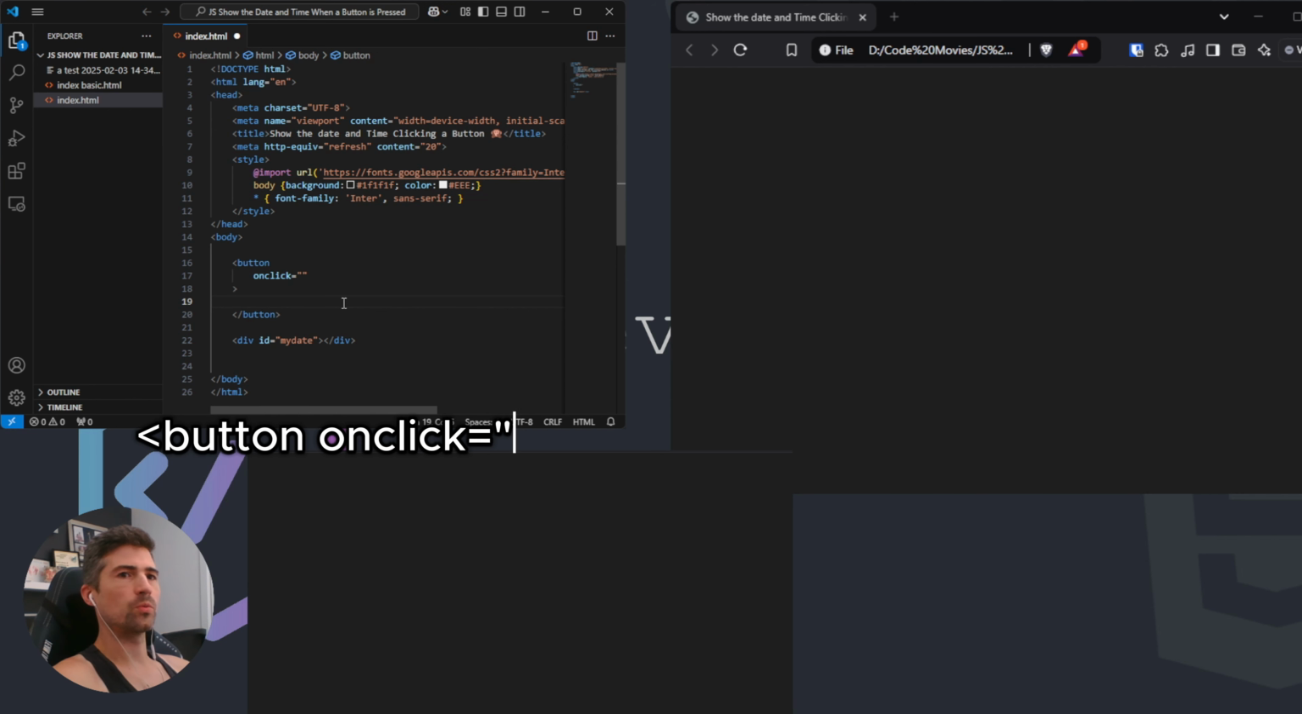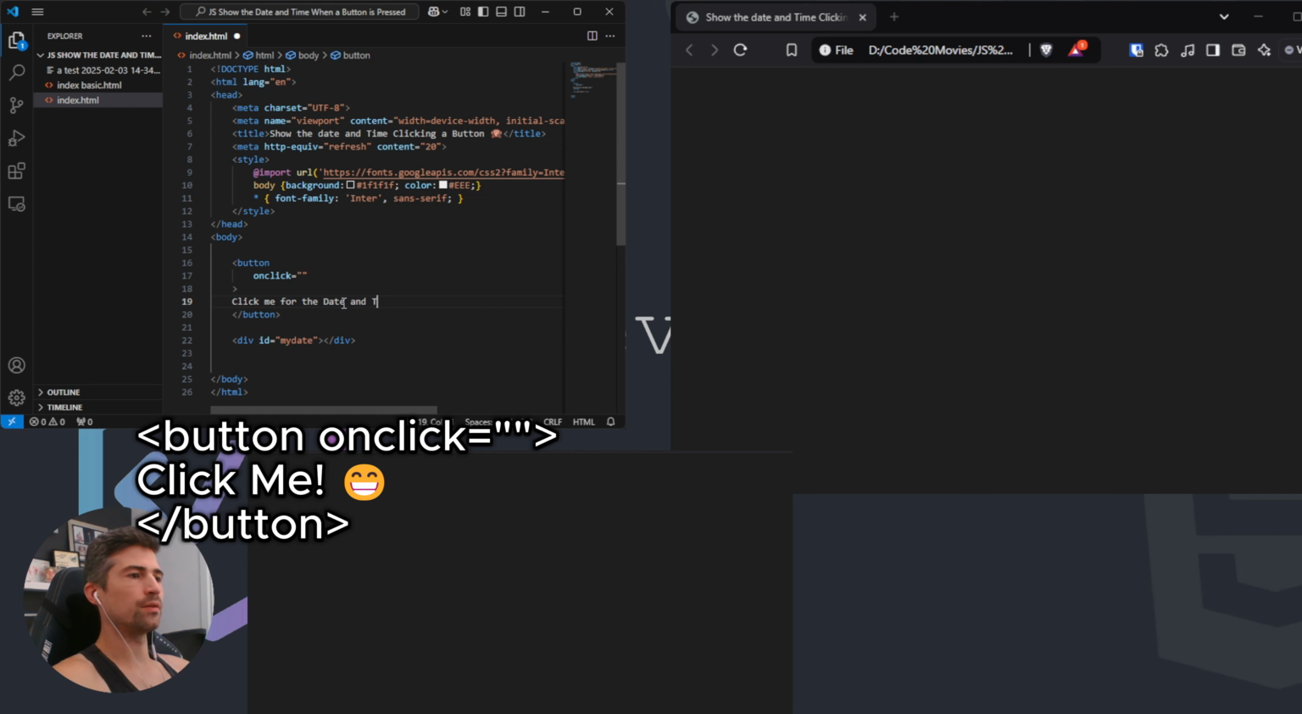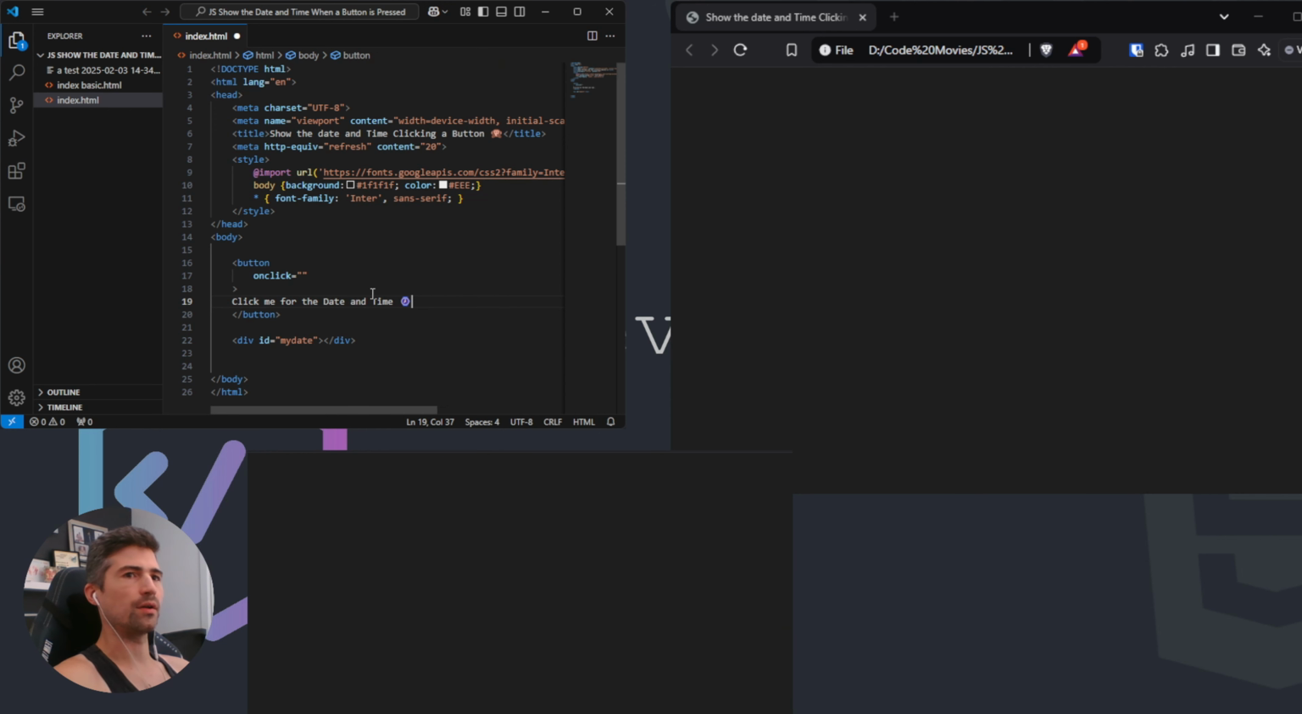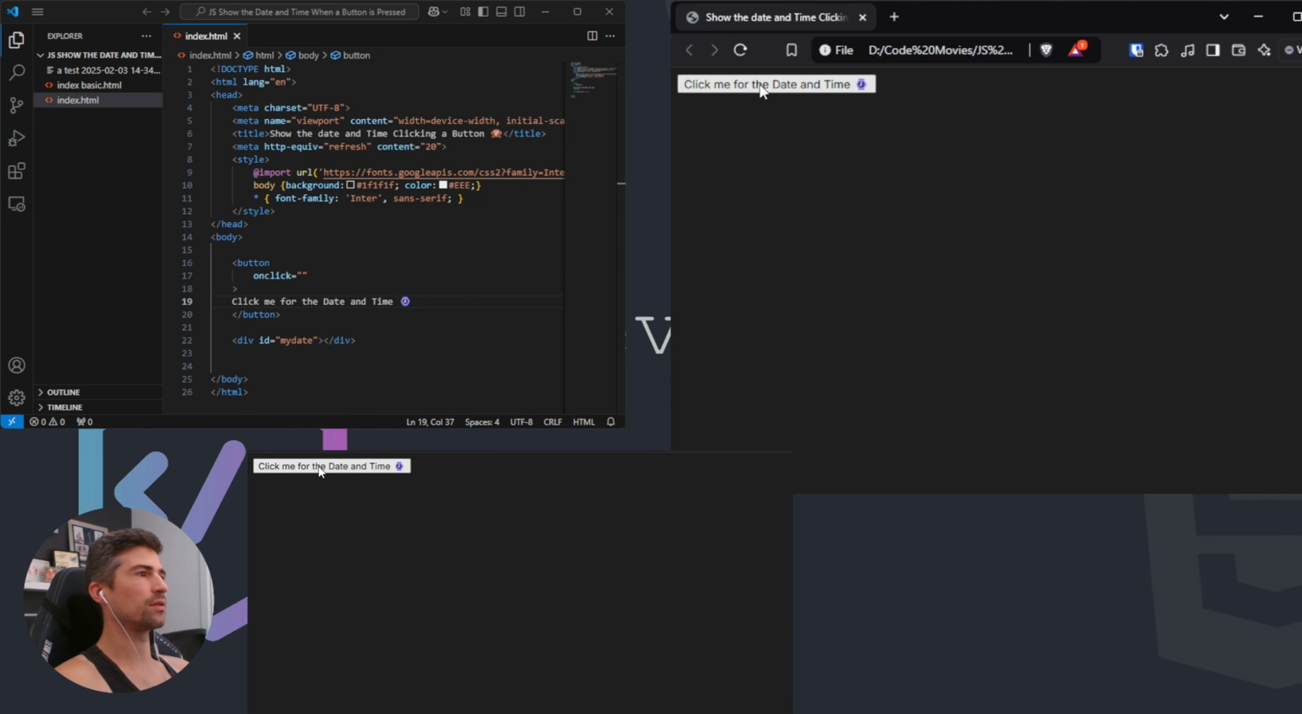the label on the button will put click me for the date and time, and an emoji because I love emojis. Time. Ooh. An hourglass or a clock. Does this work? Yes, click me for the date and time, and we should get an error because we haven't